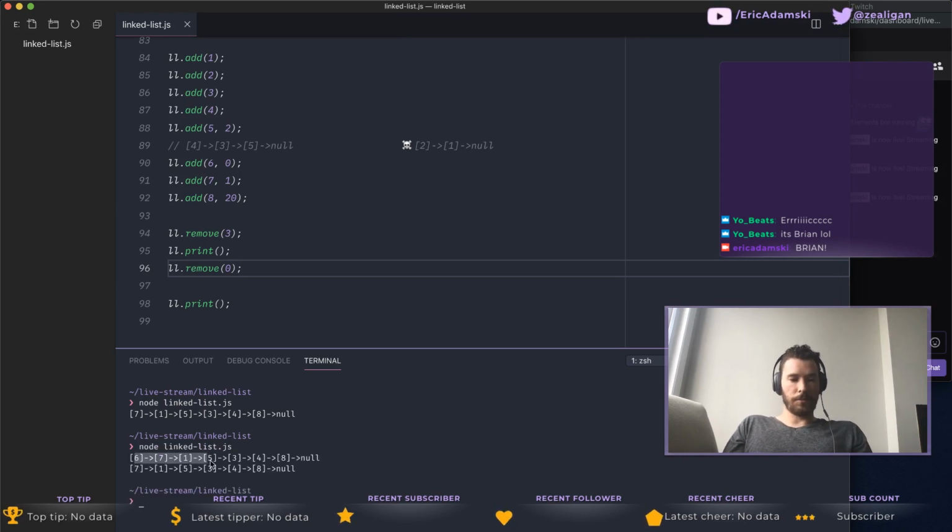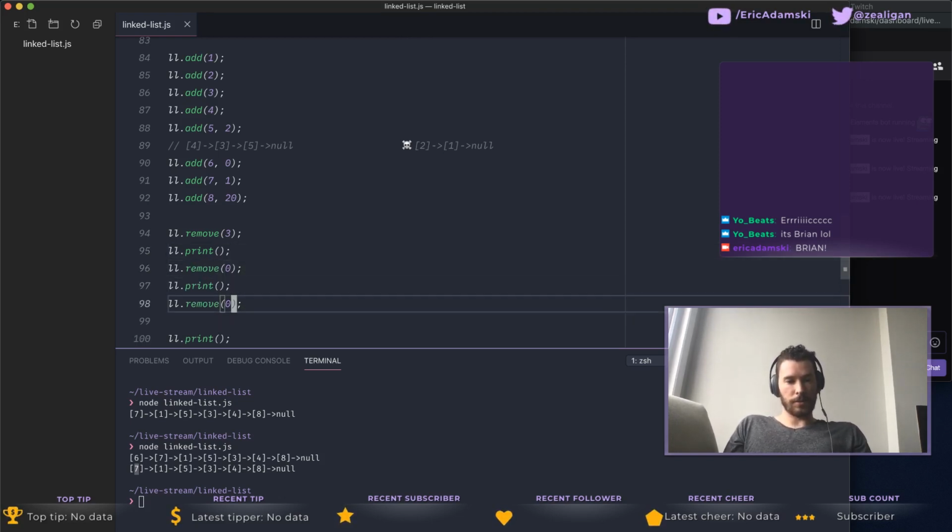There we go. So this is after we removed that 2 that was in between the 1 and the 5. And then we removed the 6, the head of the list, and we still have the rest of the list. If we didn't reassign this correctly, you'd lose literally the entire list, but we still have it. We have number 7 as our new head. The last kind of